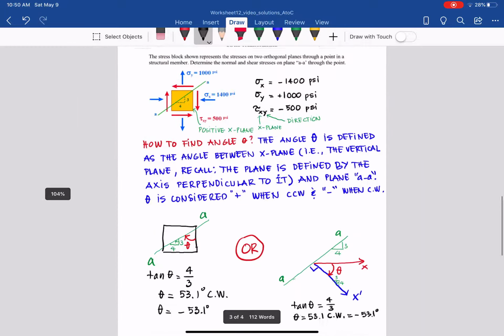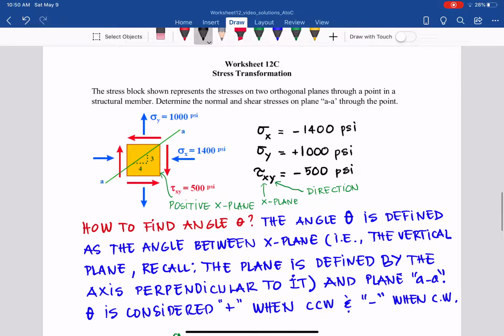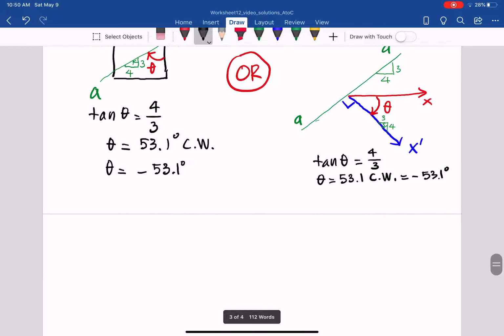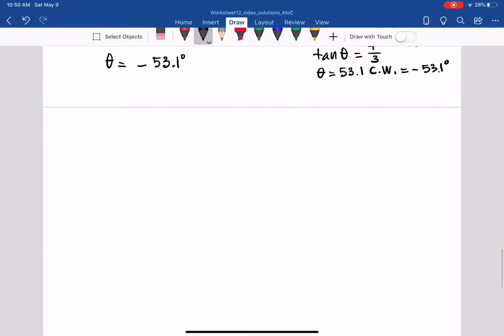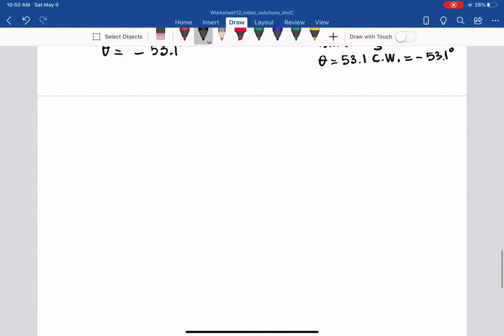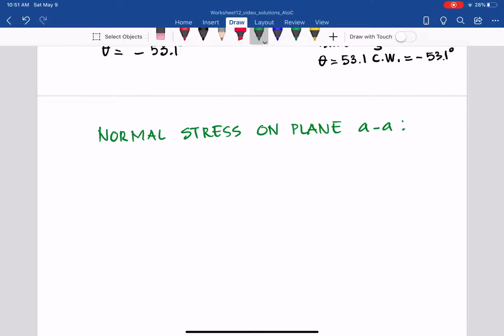equations. So now the question goes back to here: determine the normal and shear stress on plane AA of the point. From that, we just apply the equations that we have. With the analytical method in this case, how do we determine the normal stress on plane AA? So use the equation that we already have,